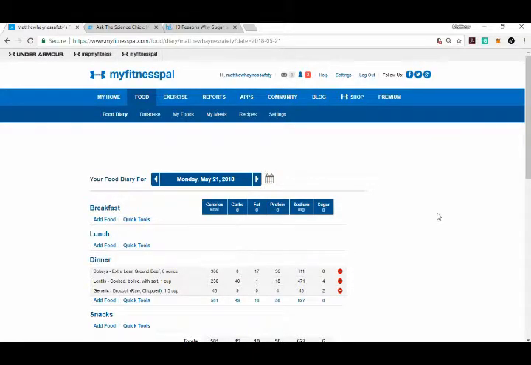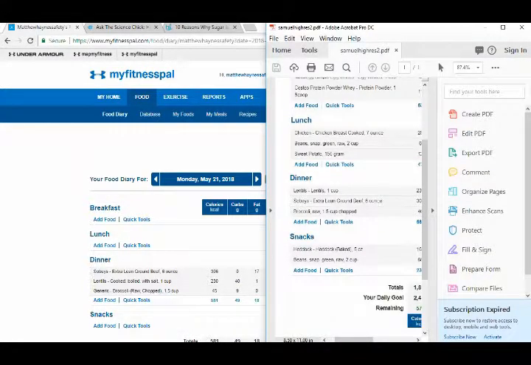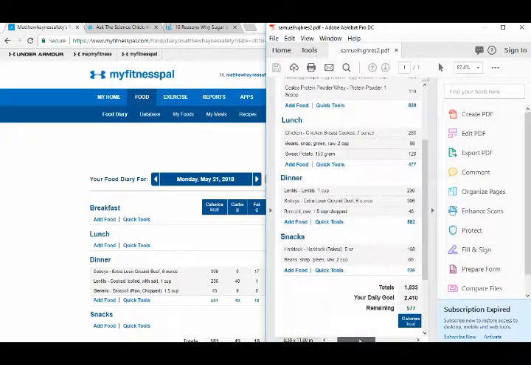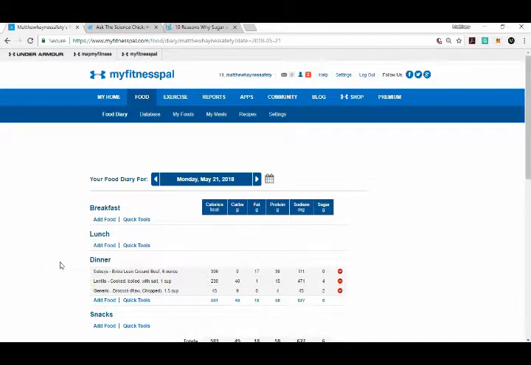So let's just say I brought up your meal plans, and this is where you are, right? For your dinner, for example, you're having 1 cup of lentils, 6 ounces of extra lean ground beef, as well as 1.5 cups of broccoli raw chopped. So I came over to MyFitnessPal, which is the terminal that I use, and whenever I'm doing fitness plans, I tend to use the desktop version because it's just easier to put together. So I've put together your dinner right here in front of us, all the same portion sizes, all the same